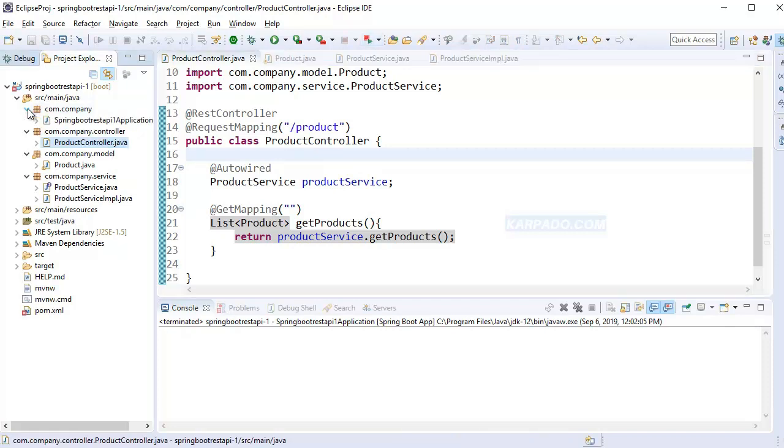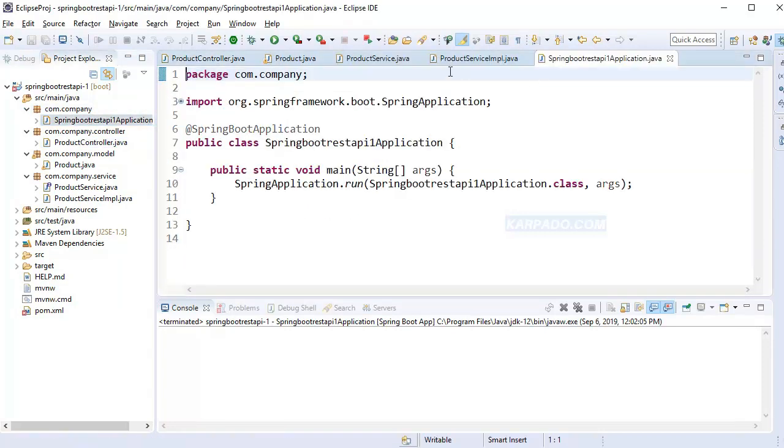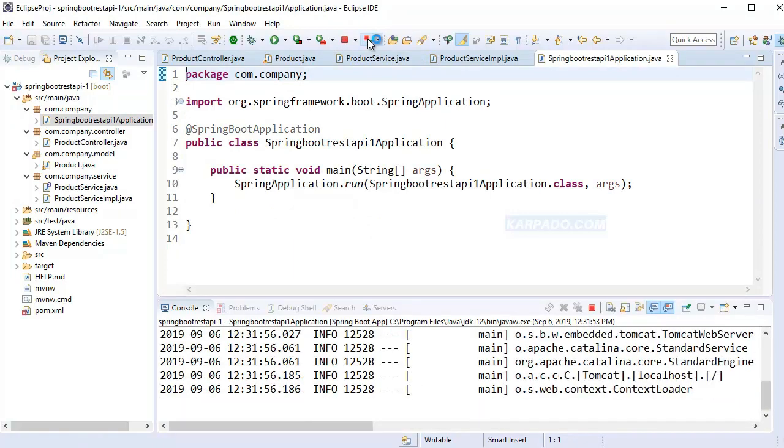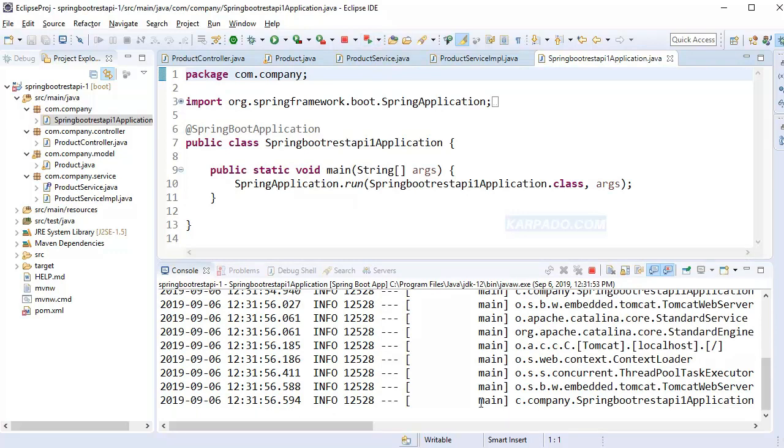If you've created the project using Spring Tool Suite, you should be able to locate this file. Just run it, just as you would run any other Java program. We don't have any errors. Let's open the Postman